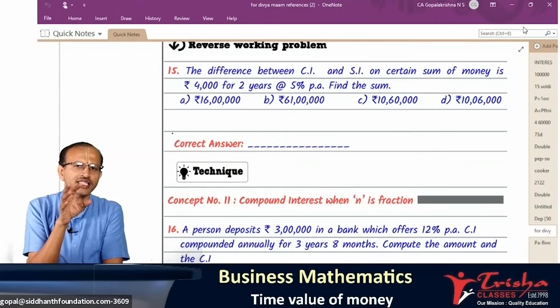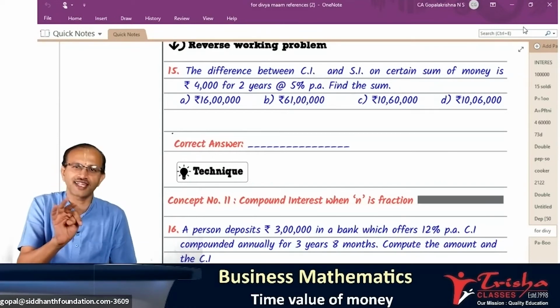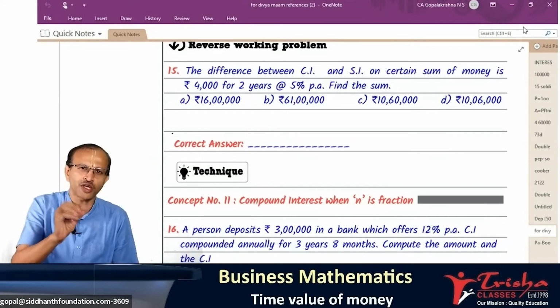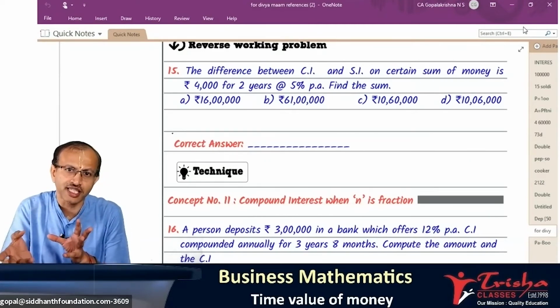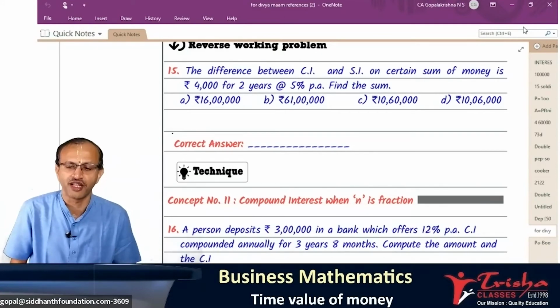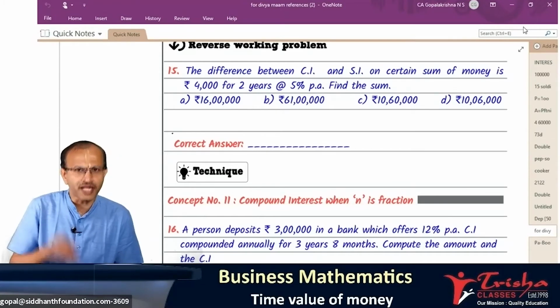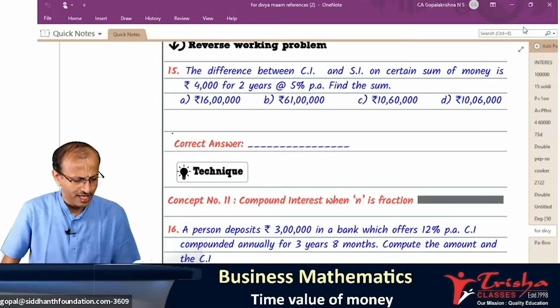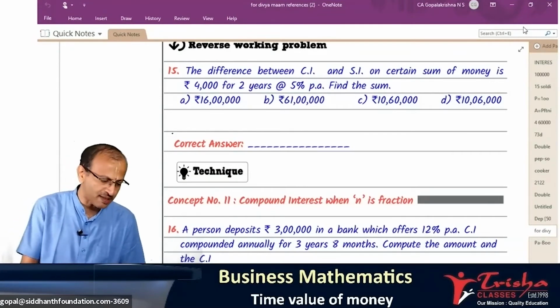I wanted to tell you a very important thing. In the examination, many times, whether you know SI, yes, whether you know CI, yes, CI minus SI is more time consuming. Sometimes they give you CI minus SI and expect you to go to the principal, which is actually a time consuming question. What you have to do in such a case? There is a technique available, and many times these kinds of questions have come. I will look at this question here. Question number 15, mark it as important.